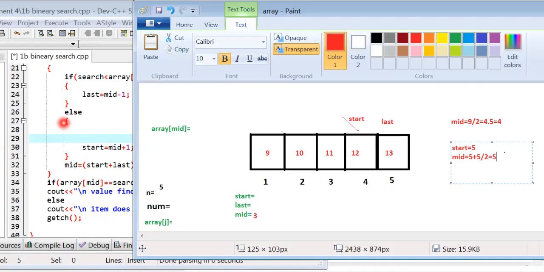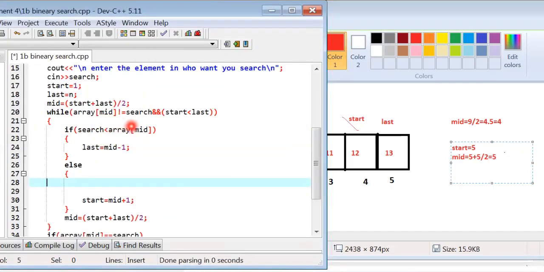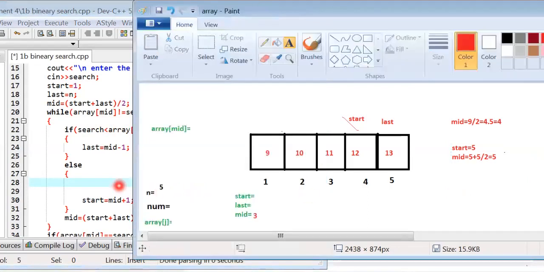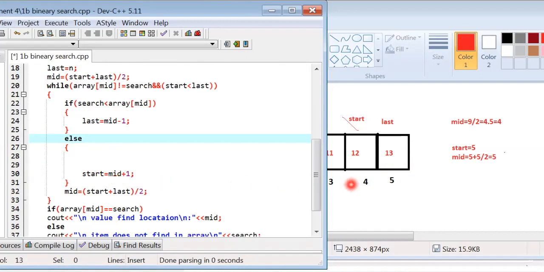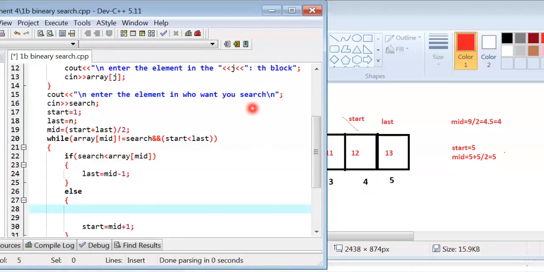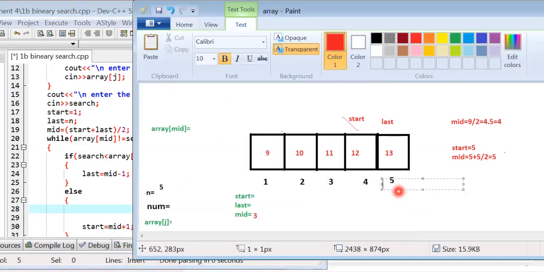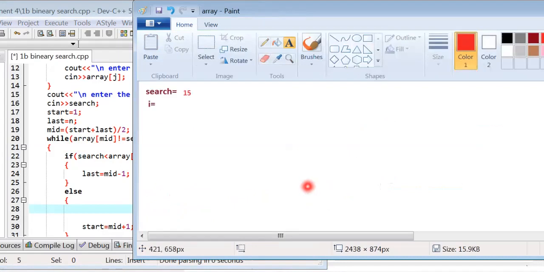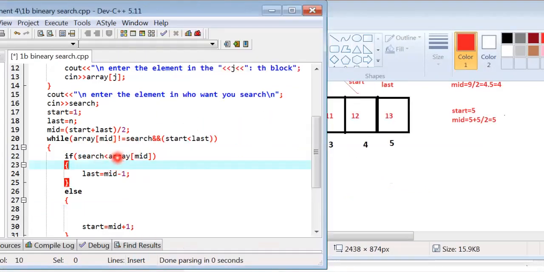Condition check: array[mid] is not equal to search. The mid is 5 and array[mid] is 13. We search for the value 15. The condition is true because array[mid] is not equal to the search value.